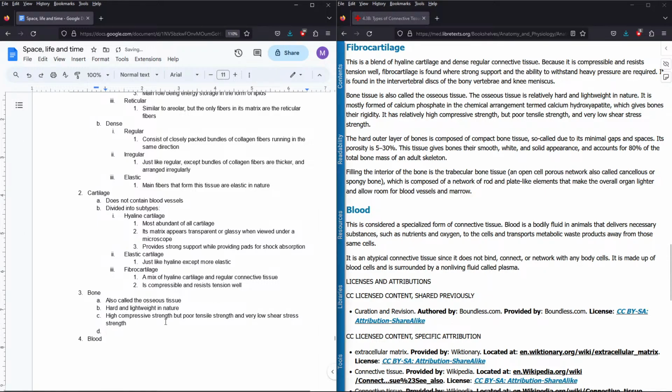No, let's just do interior. In the interior we shall have the bone is filled by the